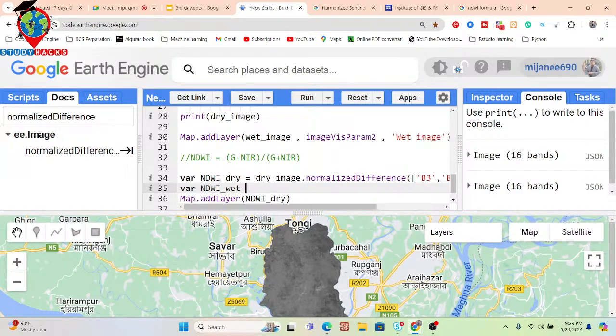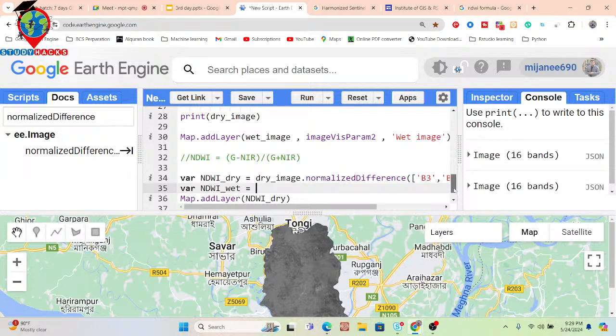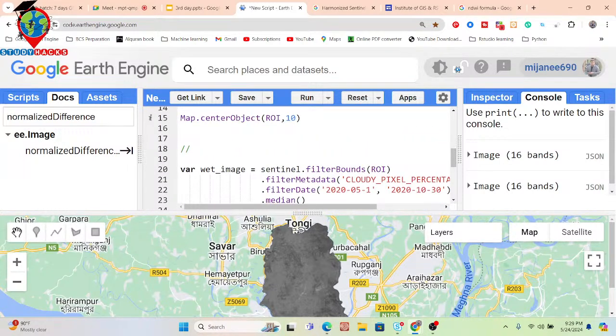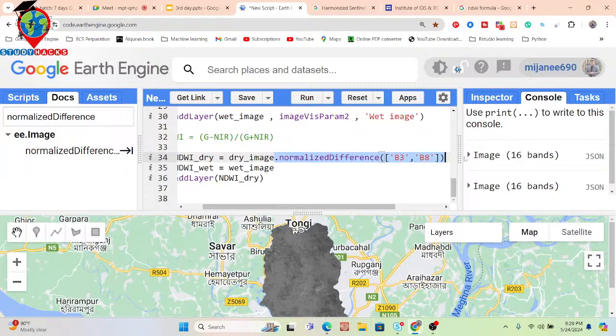Suppose wet season, or wet. Okay. Then I call the wet season image. I already made the wet season image. You can see this is my wet season image. I simply copy that and then paste here, and then put the same function. Just simply copy it. Copy and paste here. Okay, and this function only calculates for two bands.